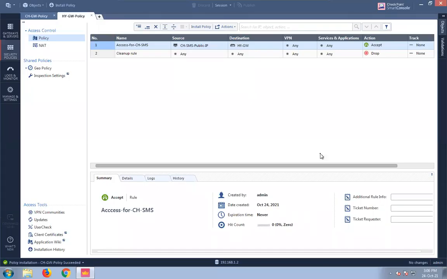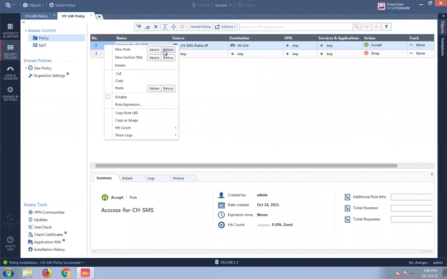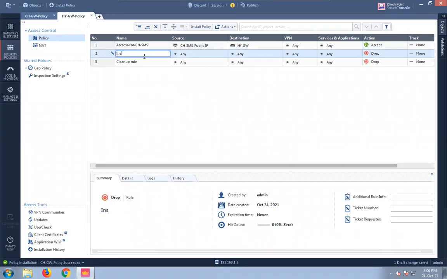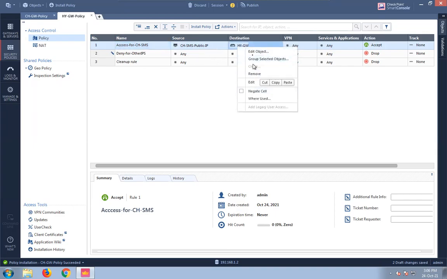Okay, let's go and see the rule. So first rule is access for Chennai SMS. The next rule is we have to allow from inside to outside, right? So the new rule below. Or before that, what I would like to do is create one more rule: deny for other IPs. So what I'm saying is, access for Chennai SMS, or no, Hyderabad gateway can be accessed from Chennai SMS. Deny for other IPs, if someone else is